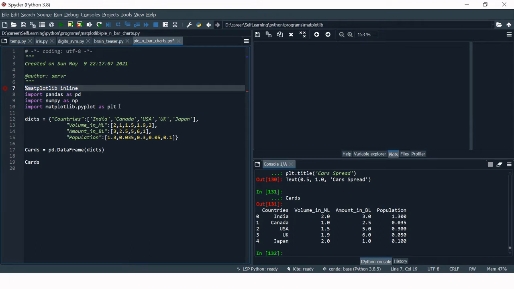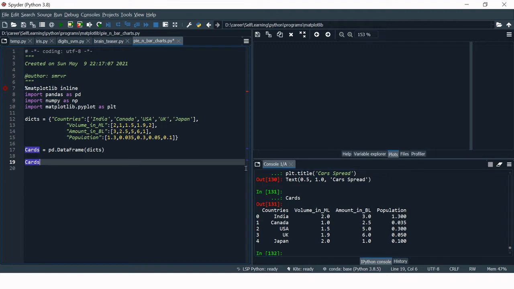Otherwise, you will get a separate window for each of the plots. So here we have cards dataset, which has 4 columns: countries, then volume, which means number of customers in each of the country in millions, then amount in each of the country in billions, then population of each of the country in again billions.